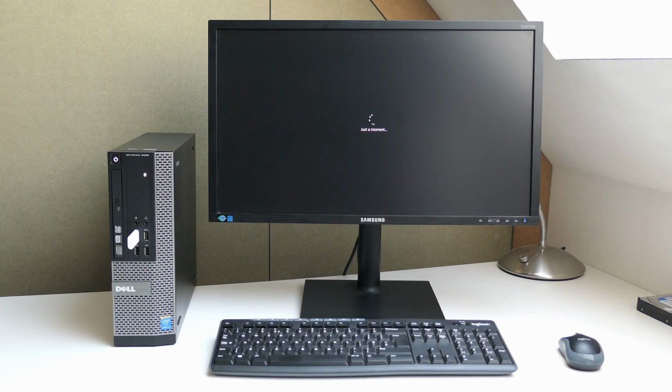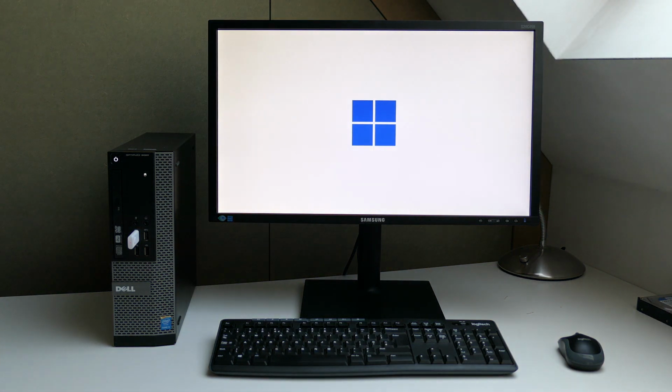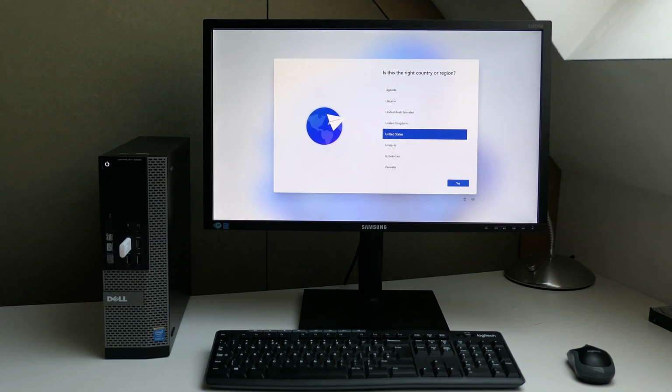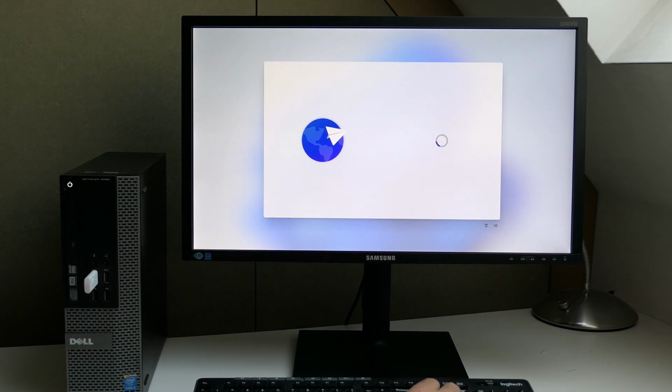Now, for the first part, I'll show you how you get around the initial setup wizard and get it to create a local account instead of a Microsoft account. After installing a fresh copy of Windows, or if you first boot up your new PC, a wizard will pop up that asks you for some required information to complete the installation. It asks for your location and preferred keyboard layout, and the next step is to create a user.